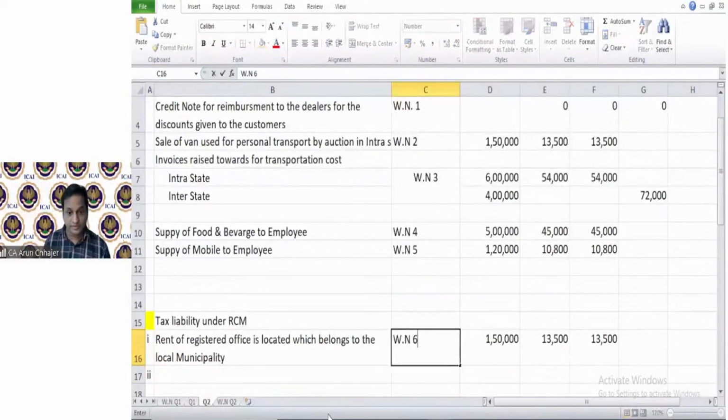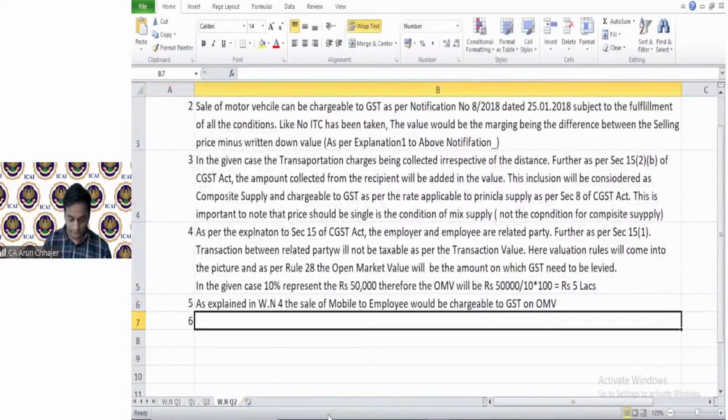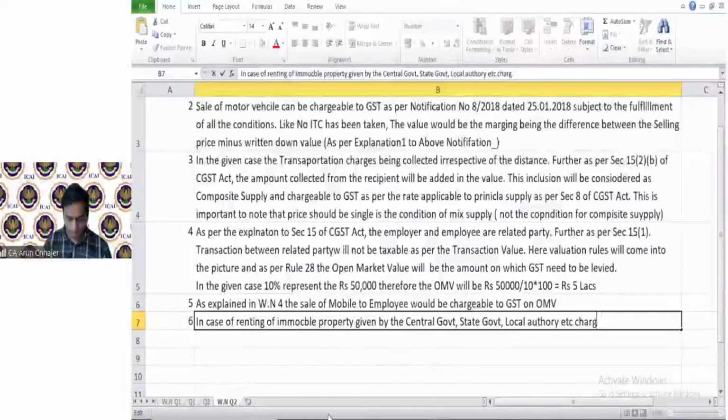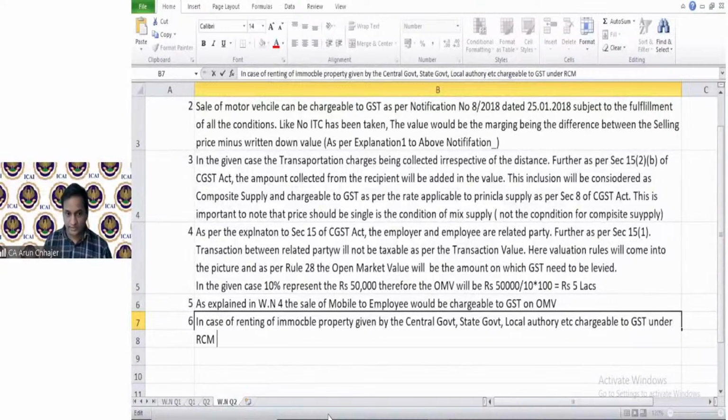working note number 6. In case of renting of immovable property given by the central government, state government, local authority, etc. chargeable to GST under RCM if the recipient is registered person